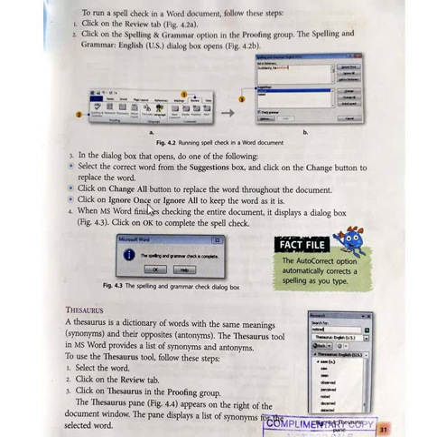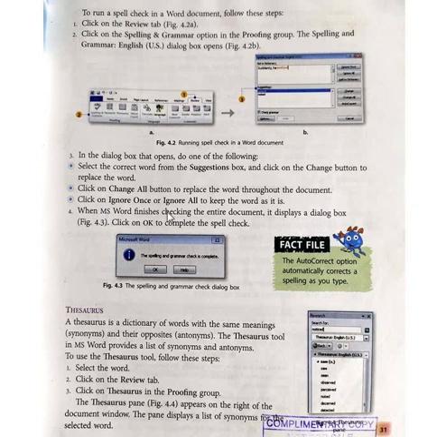Click on ignore once or ignore all to keep the word as it is. You can do any one option from these 3. If you want to change, you can change it. If you want to ignore, or ignore all, or change all, those options are available, you can use them.